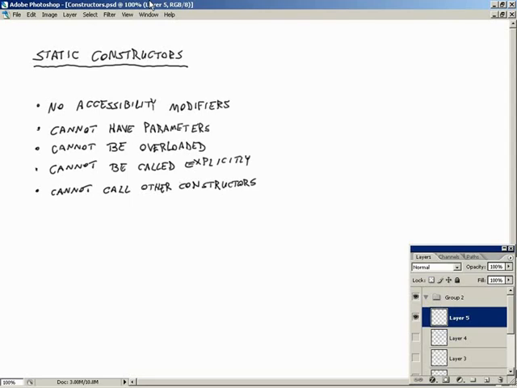Okay, and it's, of course, a one-time deal. So here's some rules. Let's see if we can give some sort of example. So